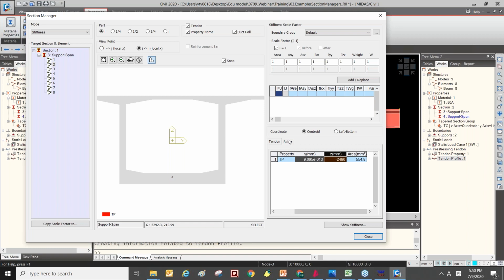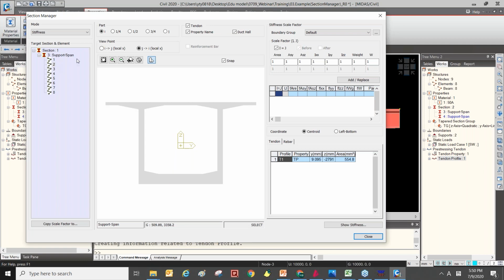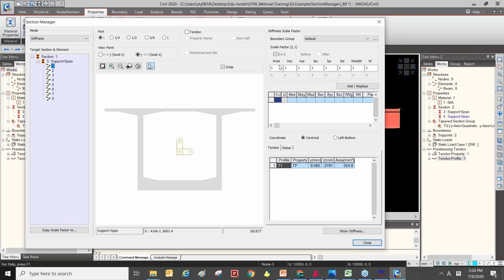And if you input the rebar reinforcement, you can check the rebar coordinates here. And here is the important part of the section manager. You can input the scale factor for the current section or other section parts.